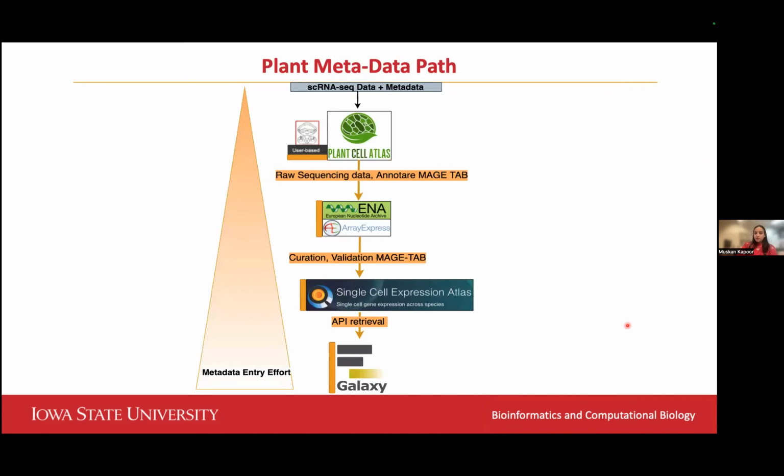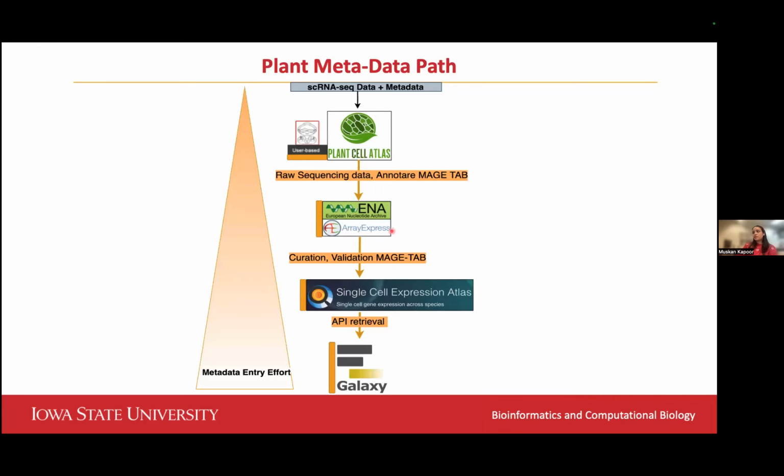That's what completed our project on the animal side. On the plant side, we have single cell RNA-seq data and metadata, which is transferred to Array Express, and the raw sequencing files or the processed files are transferred to the ENA portal, or they are already available in Array Express or ENA portal. As Ben mentioned, there's another portal called Annotator, which allows for data submission that is linked